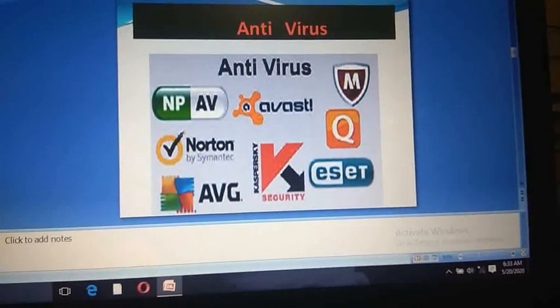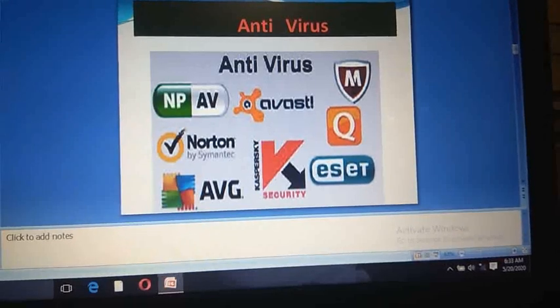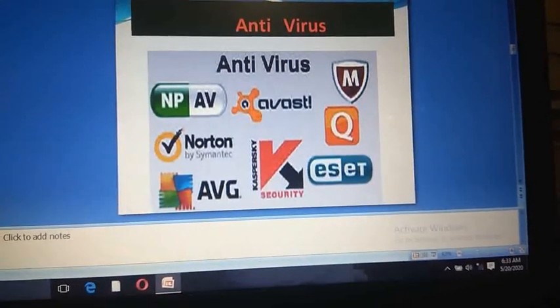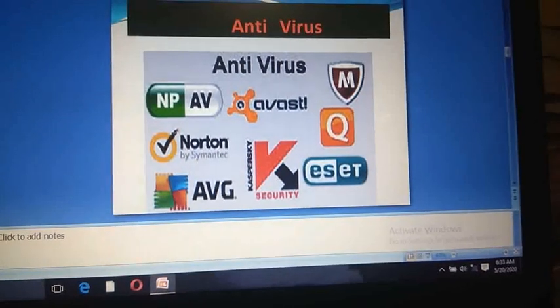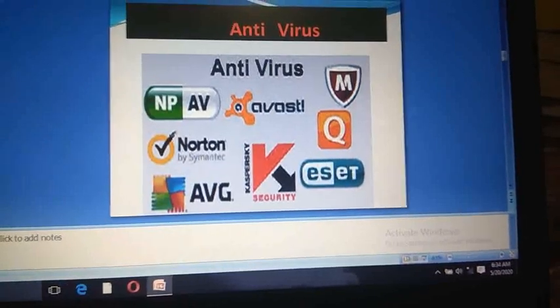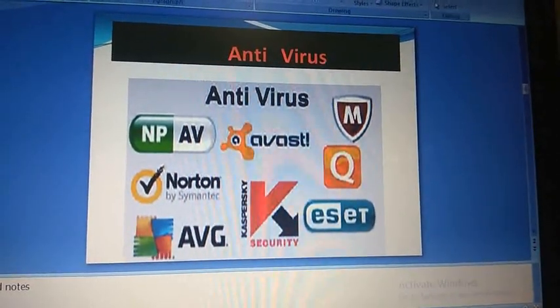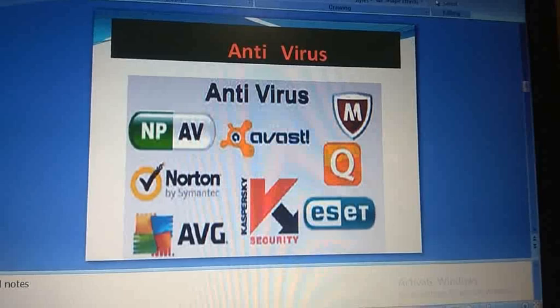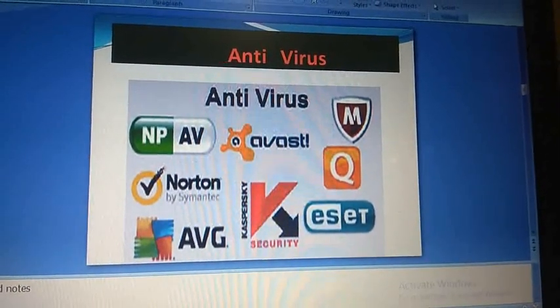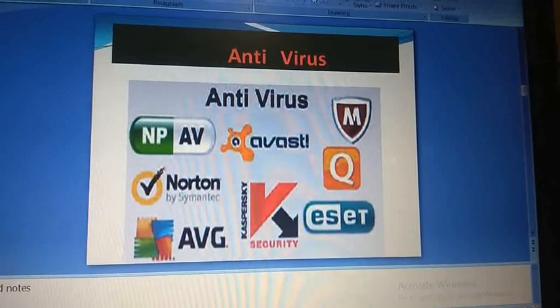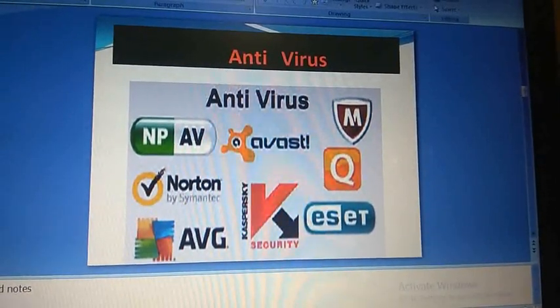Avast, Norton, Kaspersky are all examples of antivirus software. It is useful for our computer safety. It is an important utility software which lets you scan computer files for the presence of viruses.